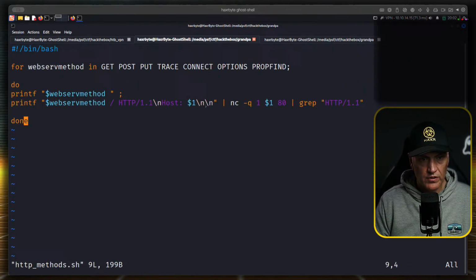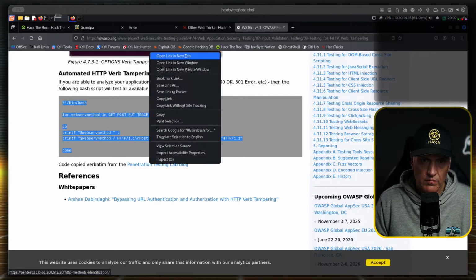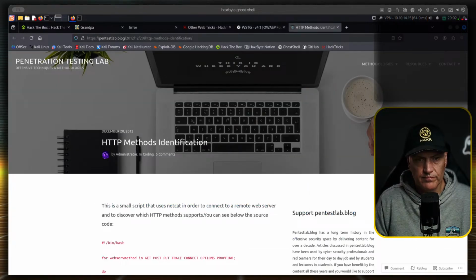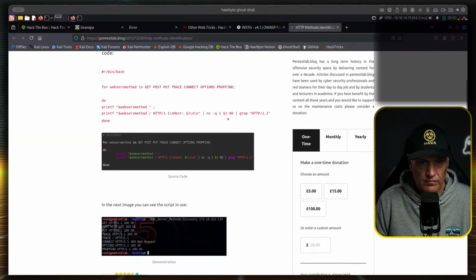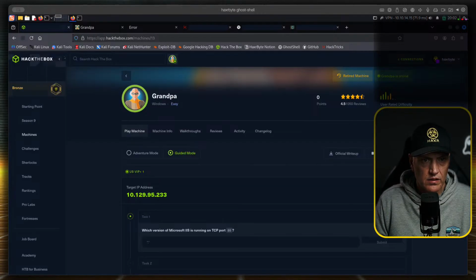Should put the machine name in there. Specify the host. Okay, you give it an IP address. So you run it and give it an IP address. Okay. Let's do that.